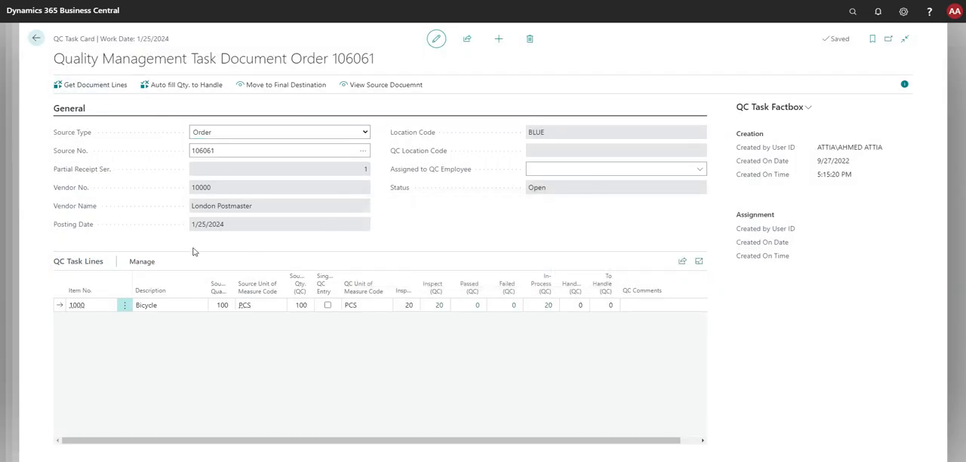Let me go to Check Item. You can see the source quantity unit of measure is pieces. I'm buying 100 pieces. The QC unit of measure is also pieces. Inspect item 20 percent, so it's 20 pieces. I need to inspect only the 20 pieces. You can see how many are done, how many failed, how many are in process, and the quantity handled. So if I go to Inspect,